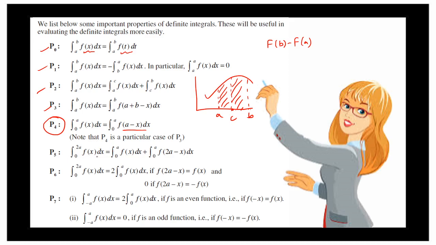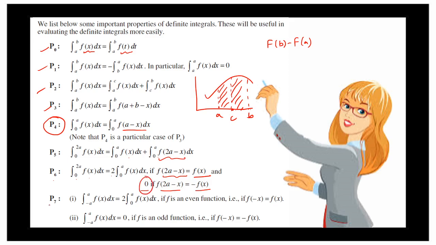Then we have integral 0 to 2a f(x) dx is equal to integral 0 to a f(x) plus integral 0 to a f(2a minus x) dx. Next property says integral 0 to 2a f(x) dx is equal to twice of integral 0 to a f(x) dx if this thing is equal to f(x), and it gives us 0 as answer if this second term is equal to negative of f(x). If you look at this P5, if this second term is equal to f(x), then definitely f(x) plus f(x) we are going to get twice of f(x). And if this second term becomes minus of f(x), so these two terms will be cancelled and